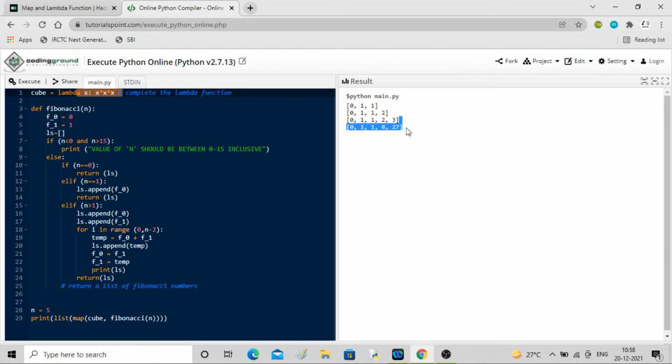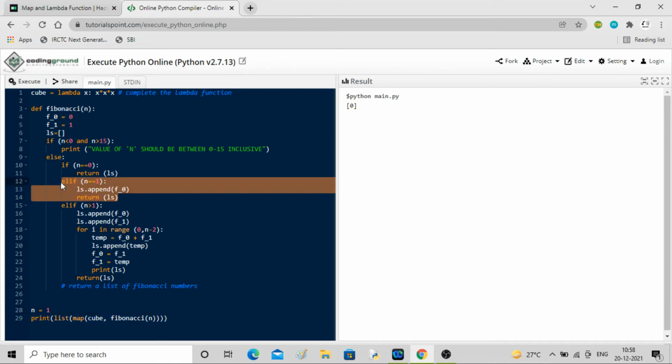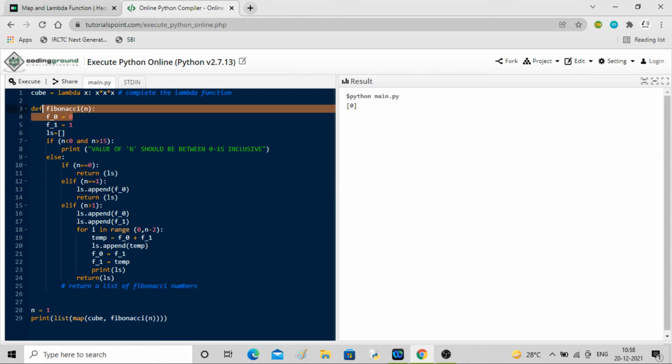You can see between these two, right? If I put n equal to 0, what will happen? Nothing, empty list, which is this, right? If I put n equal to 1, we will need only 0 in the Fibonacci series. So you can see 0 is coming, which is appended by this. Okay, n equal to 1 means f0 will be added, f0 is 0, and then the list has been returned, right? And 0 cube is 0 only, you know that.